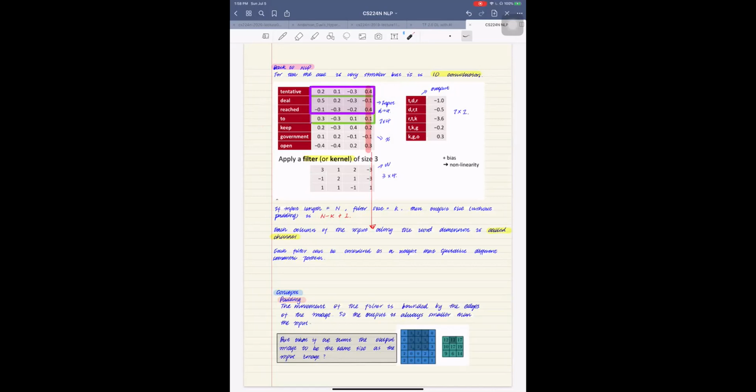So suppose we have the filter. We have the filter size 3 here. It's also 1D, but we actually give it a dimension to make it a matrix. So suppose the filter size is 3. So the 3 refers to the number of rows. Okay. So if we actually apply the filter to the sentence here, so basically what we do here is we